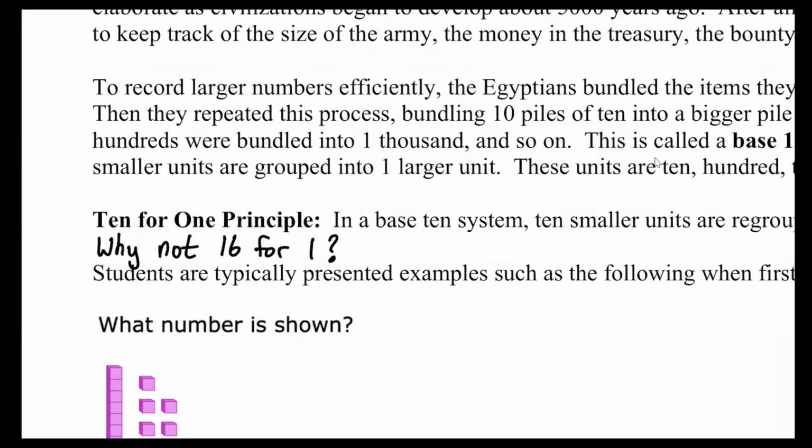Well, the short answer to that is, if I got to multiply something by 10, that's not going to be difficult. All I'm doing is just tacking on more zeros at the end. If I'm going to multiply something by 16, that's going to get out of hand pretty quickly. I got 16 by 16, 256 if I'm not mistaken. But then after that, it's like, you know, but what was the rationale